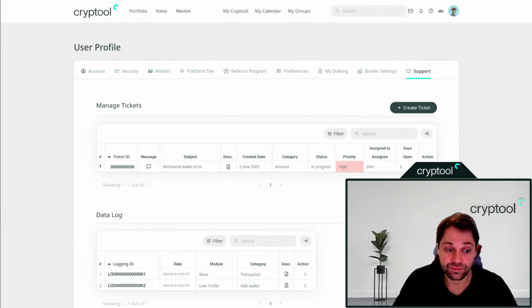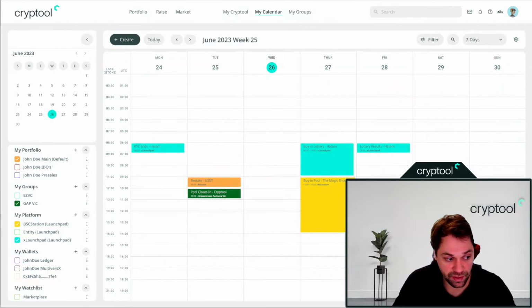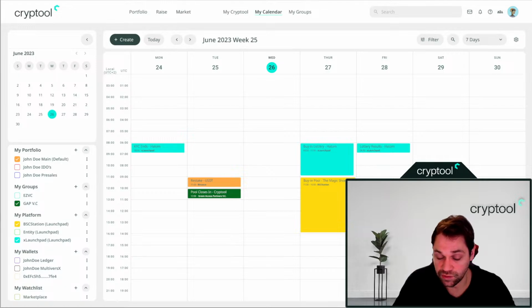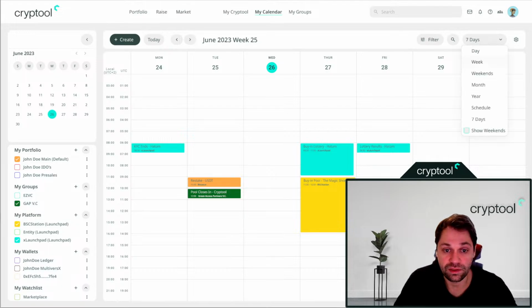We do have a calendar which is available for the Premium and Premium Plus members, and of course the businesses, where you can keep track of all your events related to your portfolio. So if you have a group where they're doing pool raise and it's already announced and it's already filled in the system, ready to start tomorrow, you will see it here. If there's a TGE event in one of your projects in your portfolio, you will see it right here. If there is a claiming event according to a certain vesting period, you will see it right here. And of course, like we said earlier, you can sync this to your personal email as well, and have a quick overview of all